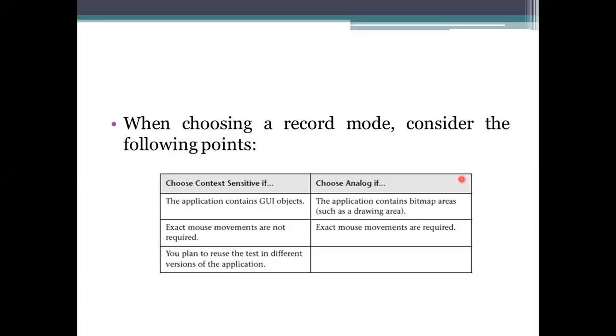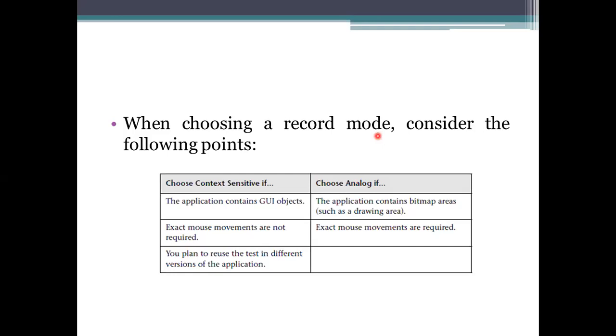Okay. If you consider an example, we will take the first context sensitive processing, and then we will go for the analog processing also. Why we use context sensitive and analog processing here is a simplification: if you want to reuse this one, simply context sensitive has to be there. And if reusability is not your concept, just go for the analog.